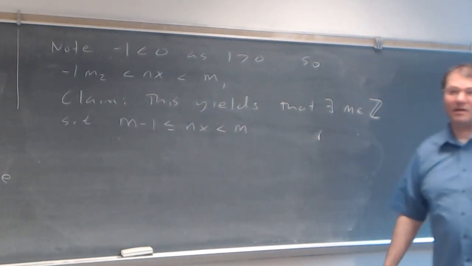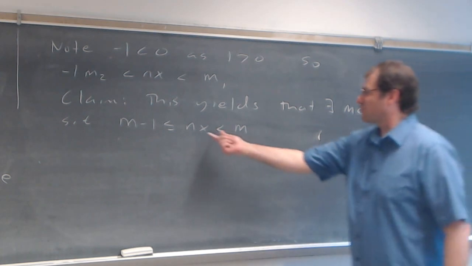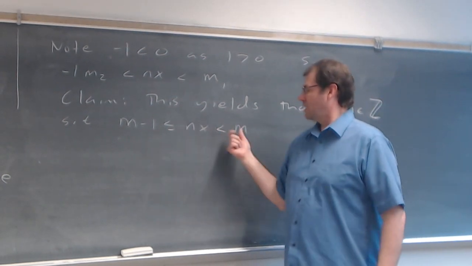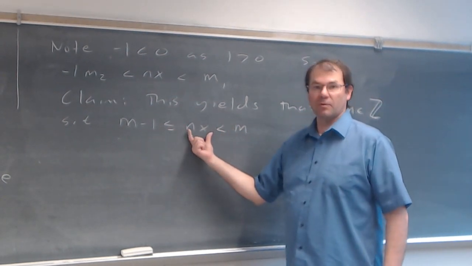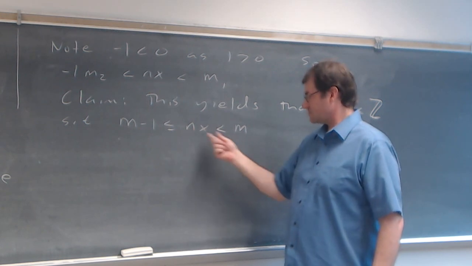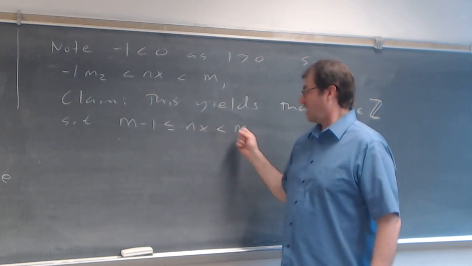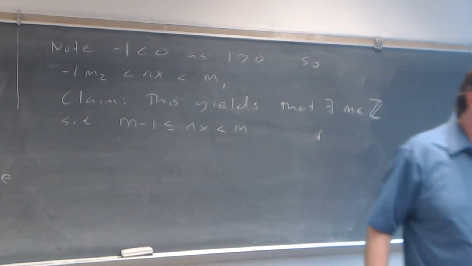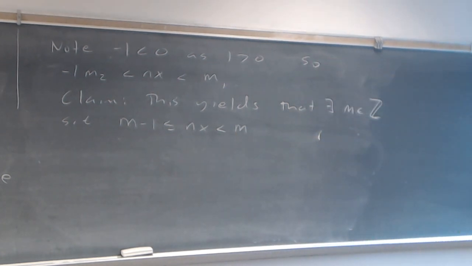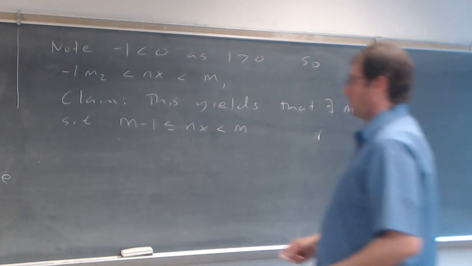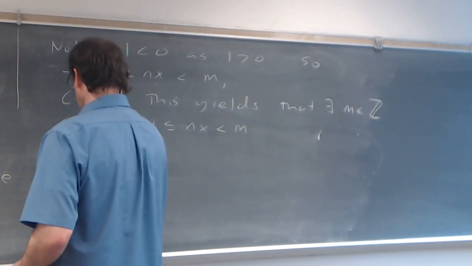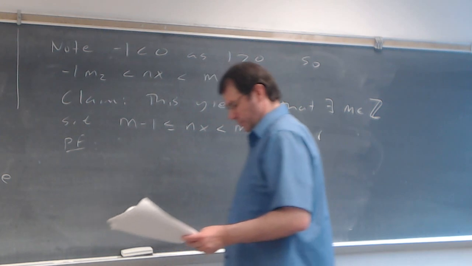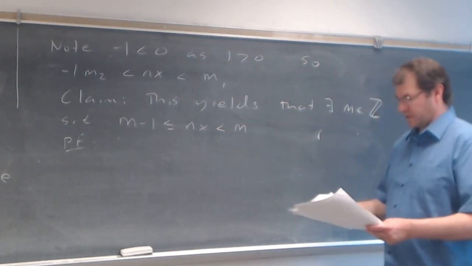Now look, this makes a lot of sense. We're given a real number, and we're saying there's these integers that kind of sandwich that real number. So you give me a real number, the real number's got to be between an integer and its next one in this way. But really this is based on the fact that Z is an ordered set with the LUB